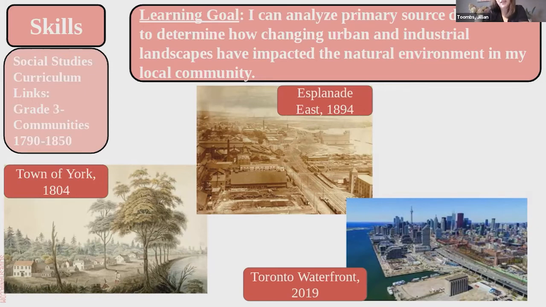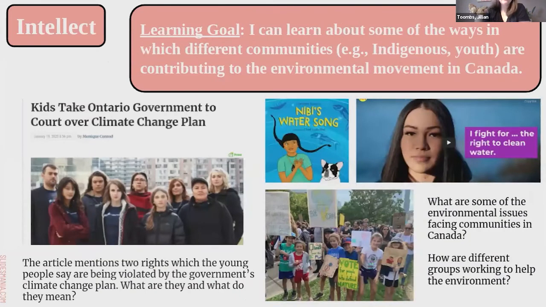Okay, so from there, we made predictions about the changes and the consequences of those changes in the land over the last 200 years. And as it says on the slide, it links to grade 3 social studies. That was the skill link there. But from this, we really wanted to look more at what we are doing as a local community to help. So for the intellect part of the lesson, we took a look at ways in which some different communities in Toronto and in Ontario are contributing to the environmental movement. And in particular, we focused on Indigenous communities, and we learned about